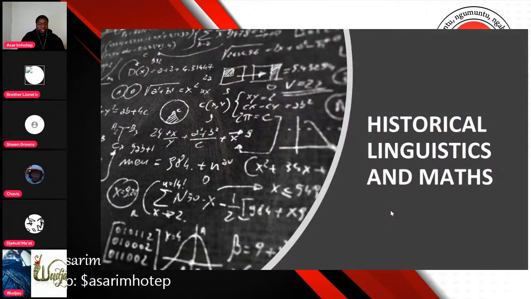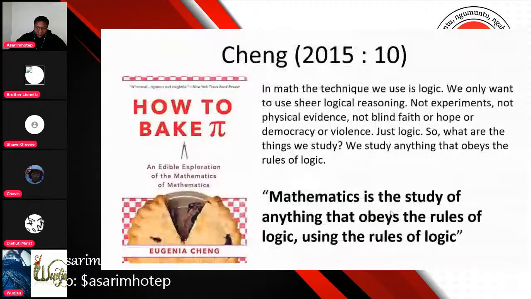So with that, again, the title of this is Solving for X. And I use that phrase because linguistics is mathematics. And mathematics, according to Dr. Chang in her text, How to Bake Pie, is a technique that they use, that is based on pure logic. And she states in here, in math, the technique we use is logic. We only want to use sheer logical reasoning, not experiments, not physical evidence, not blind faith or hope or democracy or violence, just logic. So what are the things we study? We study anything that obeys the rules of logic,